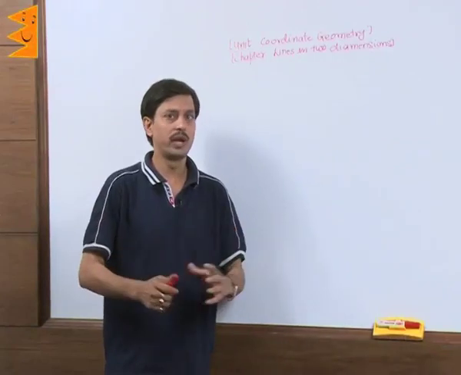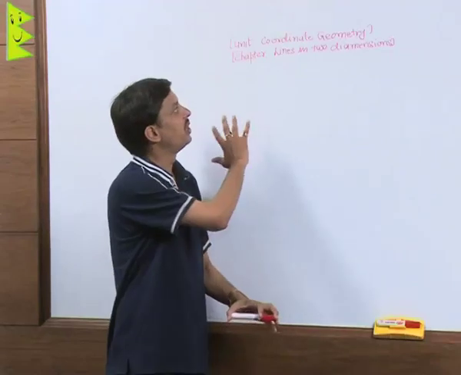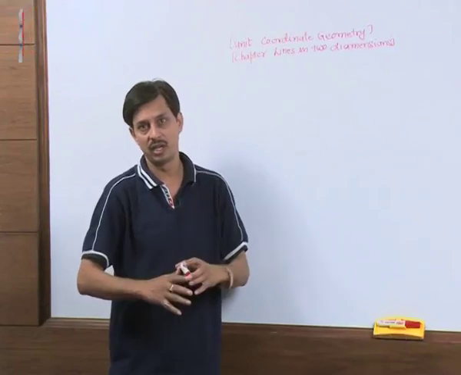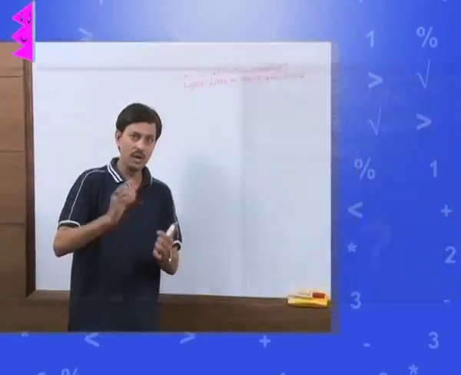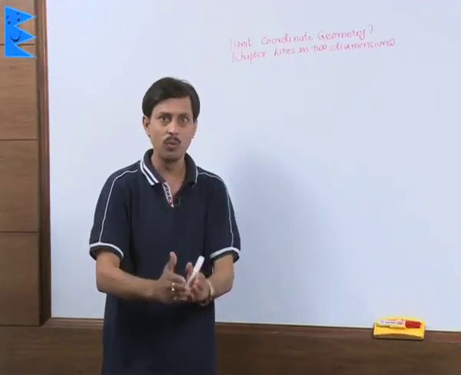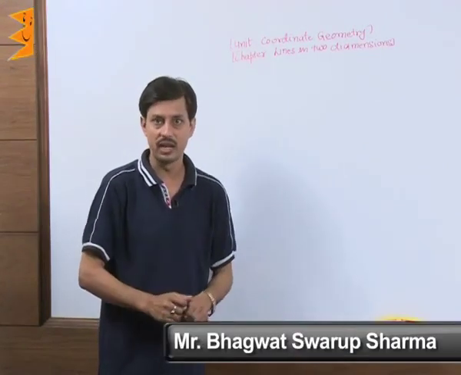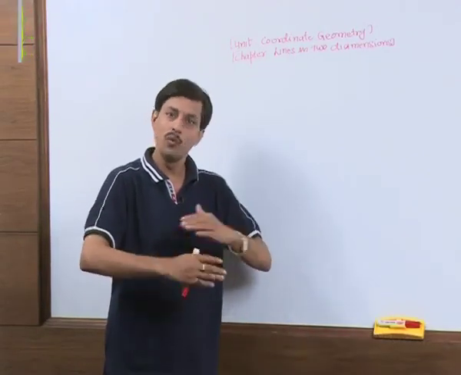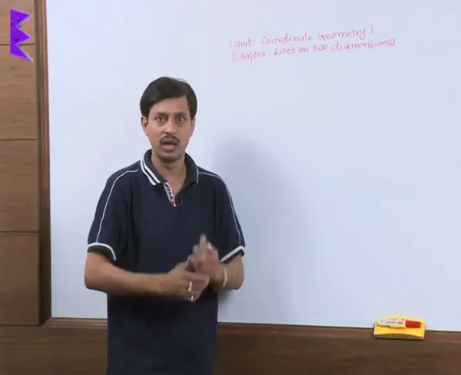One very important result without which we can say that coordinate geometry is absolutely incomplete, or for class 10th a mandatory result, is how to find the distance between 2 points. If there are 2 points in a plane, maybe in any quadrant, what is the formula to calculate the distance between 2 points? This is one important task, and with the help of this distance formula we will solve various questions.